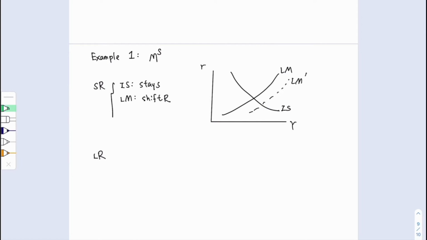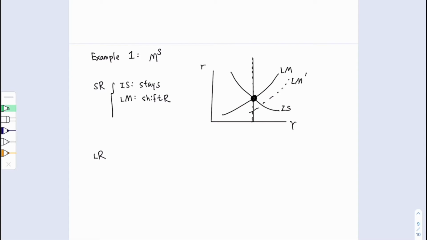And then we know we don't need to talk about what happened to the full employment line, because in the short run we allow the labor market to be off the equilibrium. In fact, if the economy starts from the general equilibrium, then at the beginning, before the shock, the economy has the three lines crossing together,